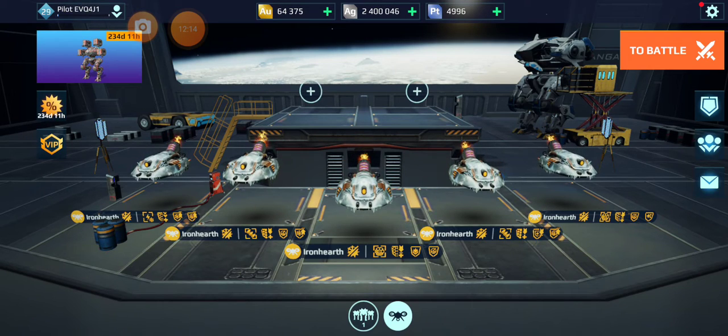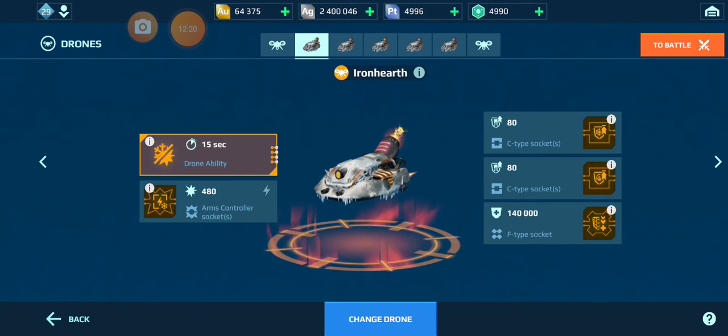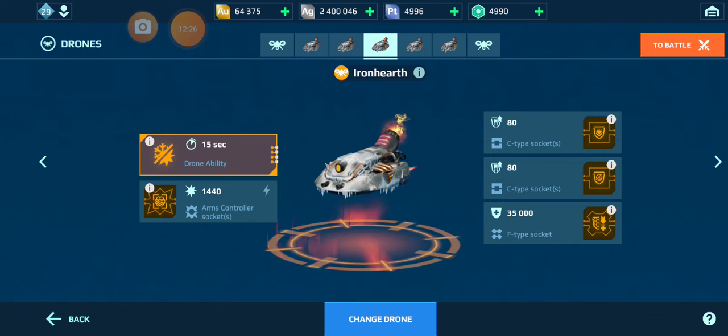I've got iron hearse all the way across. And I gave it some defense ships, of course. I just went random. I just went with whatever it came with. Wasn't trying to be too particular. I would like to try to find